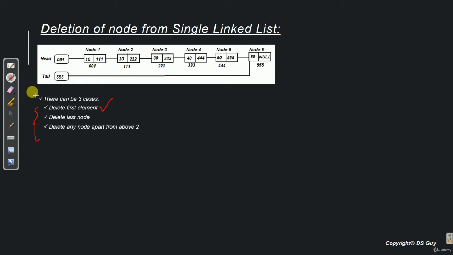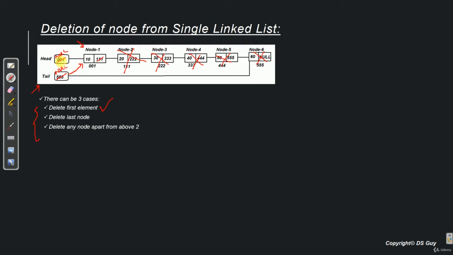So let's assume that this is the linked list from which we want to delete any node. Now if we want to delete the first node, that is this one, what we have to do is few simple steps. First we have to check if this is the only node in the linked list. In that case, tail will be pointing to here because this is the only node and there will be no reference, so all these things will not be existing. So what do we do in that case? Very simple. We update the head and tail with null.